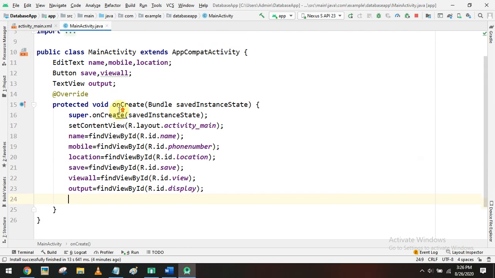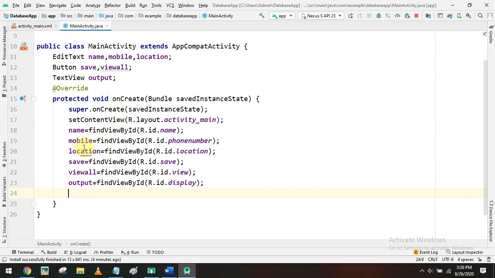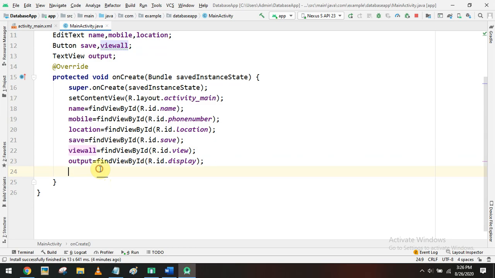So after finding these components, first we have to write the event handling for the buttons. When the user clicks the save button, we have to save the details, and when the user clicks the view all button, we have to read the data from the database. So 2 event handlings we have to write, one for saving data to SQLite.